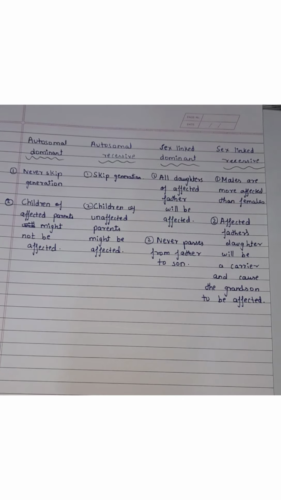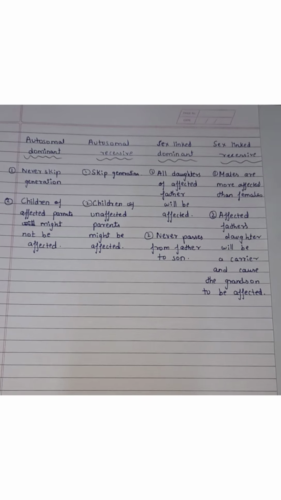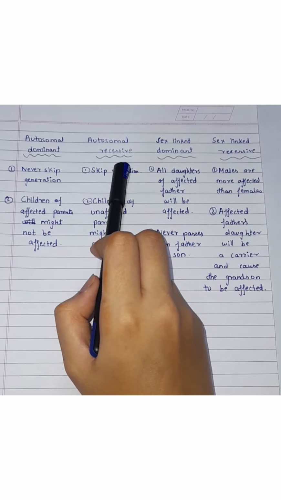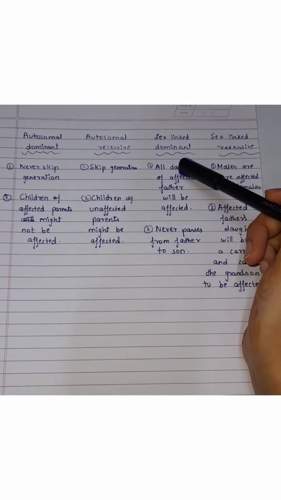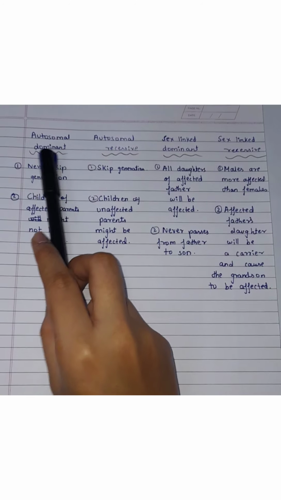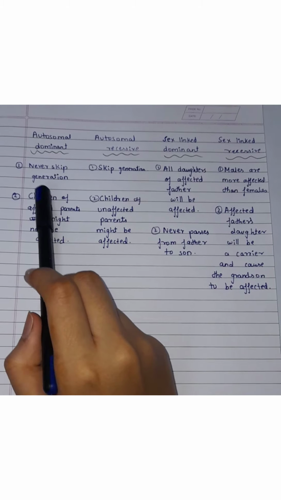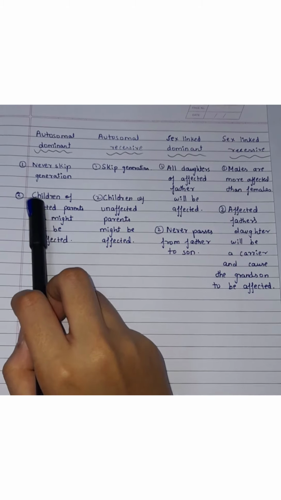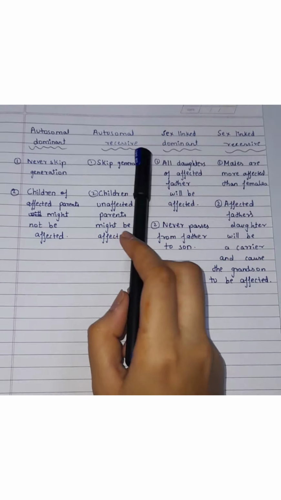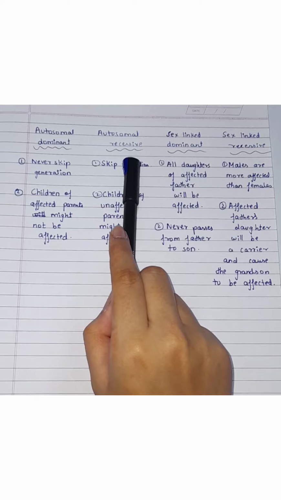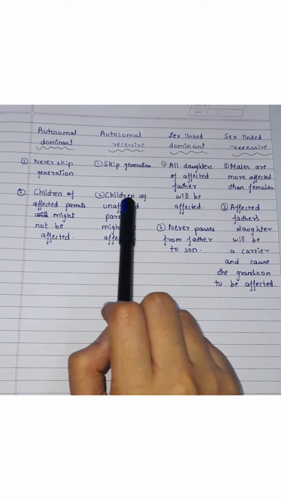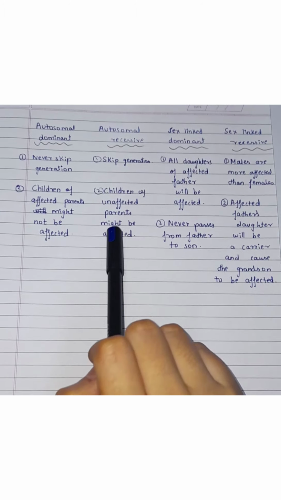A simple way to read pedigree analysis for diseases such as autosomal dominant, autosomal recessive, sex-linked dominant and sex-linked recessive diseases is that an autosomal dominant disease pedigree never skips a generation, and children of affected parents might not have affected children. Then for autosomal recessive disease, the pedigree can skip a generation and children of unaffected parents might have